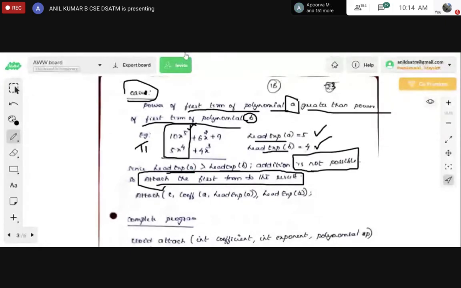Is it clear? The difference between the previous case and the present case is very important.